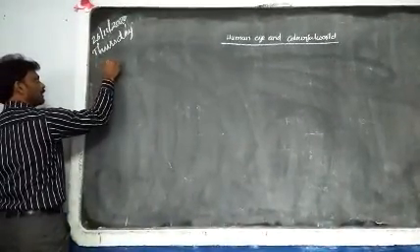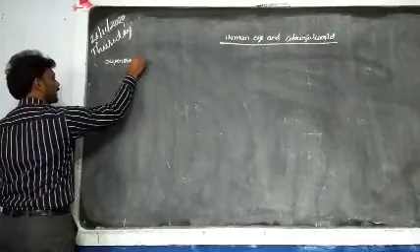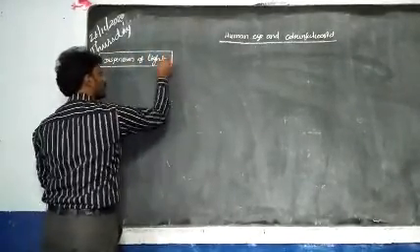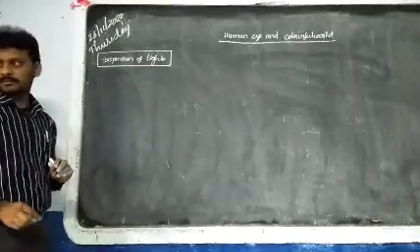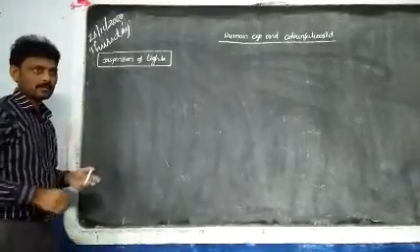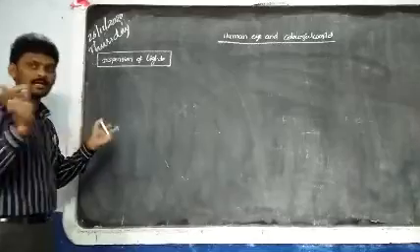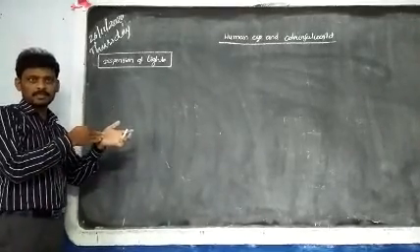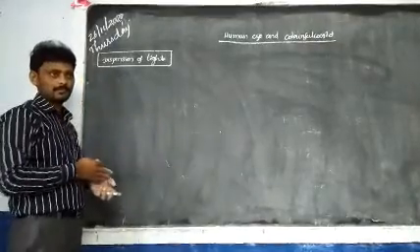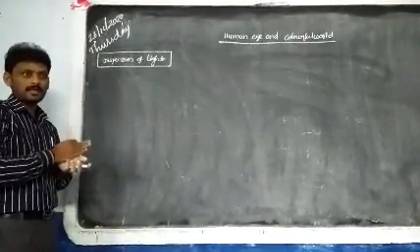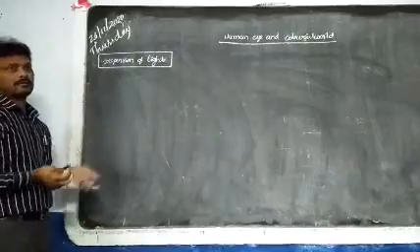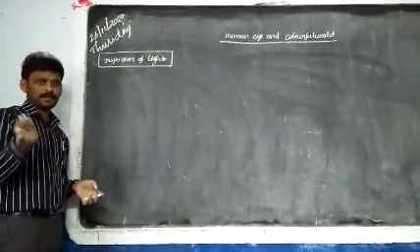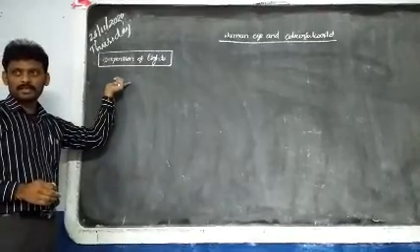What is the name of the topic here? Dispersion of light. We know it very well in school also. After the assembly is over, what do they say? Assembly disperse. What is the meaning of disperse? Scatter. Everyone has to go in different directions without colliding with one person, just go in a particular order. That is called dispersion. Scattering means you can go in any direction, so both are different. Going in an order is called dispersion.